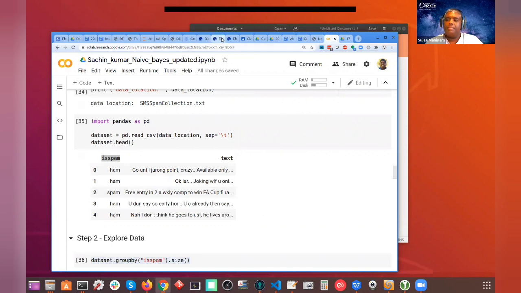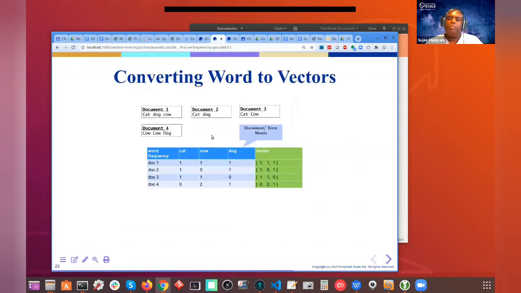Our columns would be all the unique words we find in the full text, not just that one line but all of my SMS messages. So every unique word becomes a column. As you can imagine, this is going to be a pretty sparse matrix, because a simple SMS might have 10, 20 words, but across all the SMS messages there could be thousands of unique words.